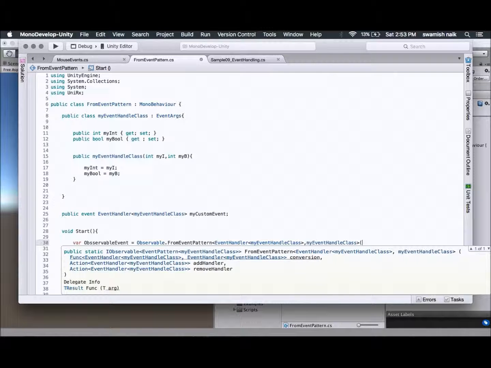Then we will create e, which will get invoked.